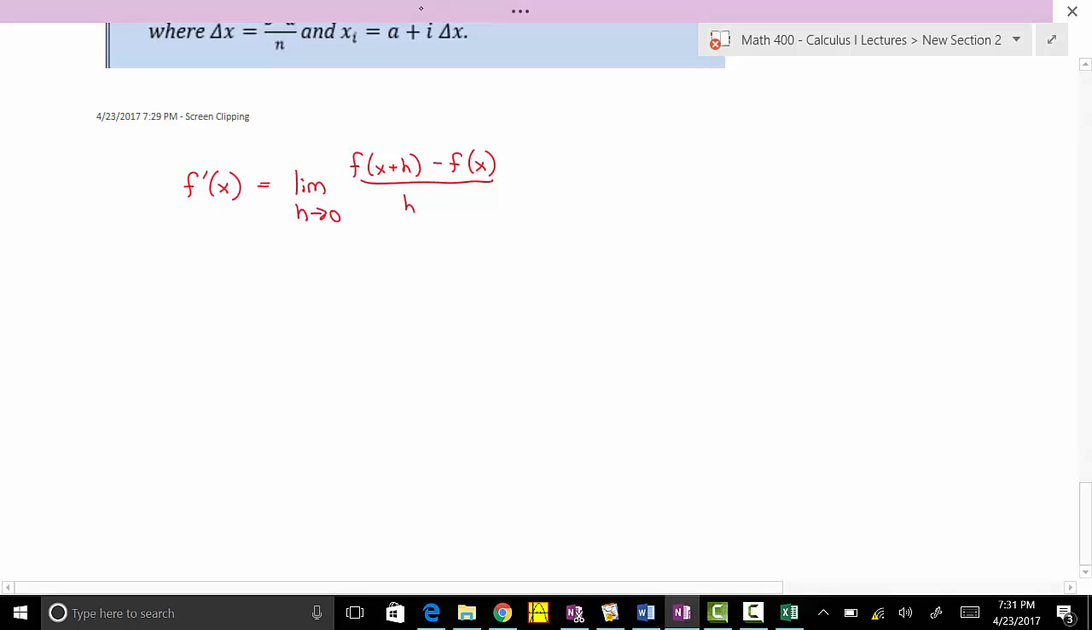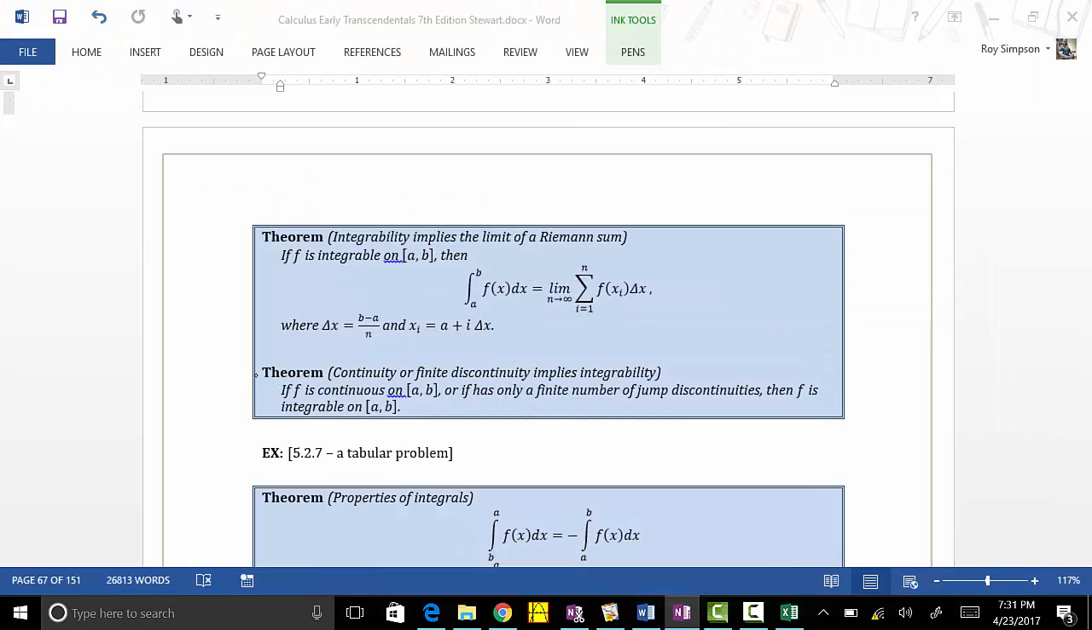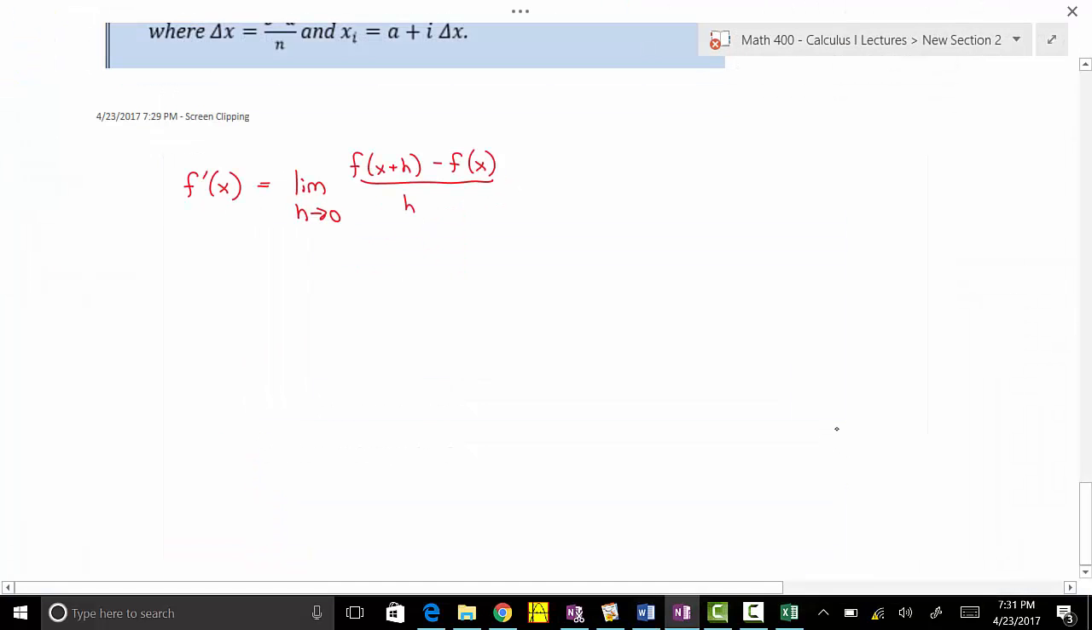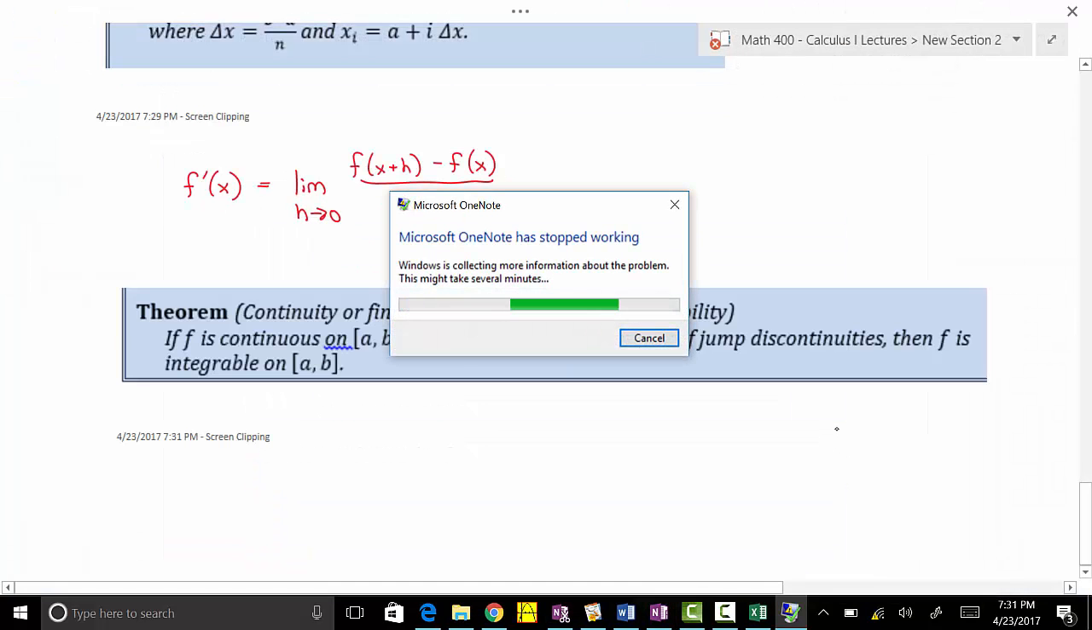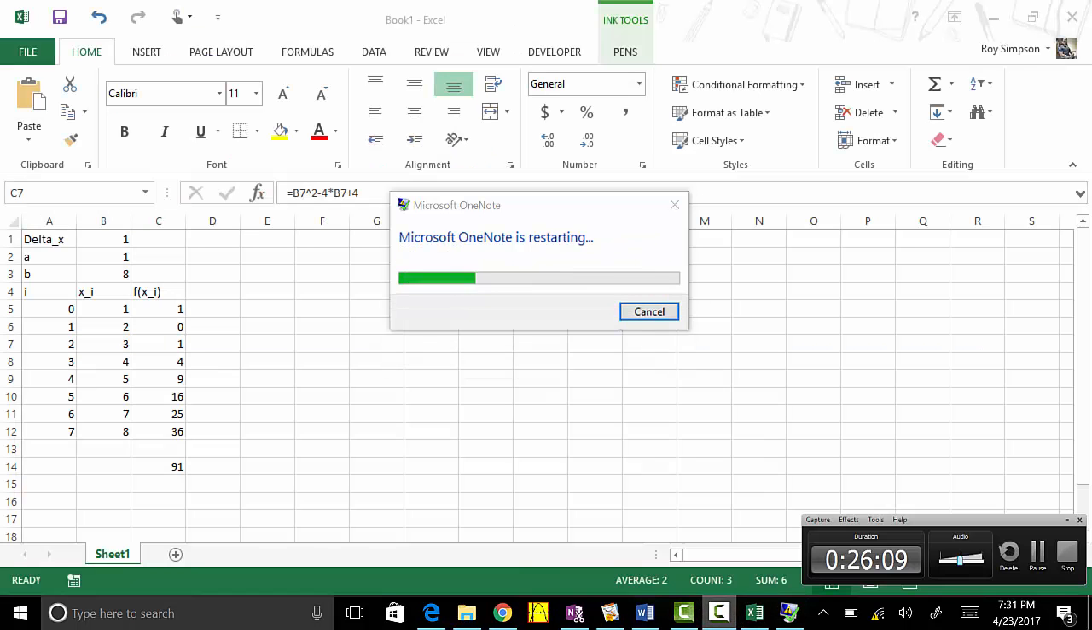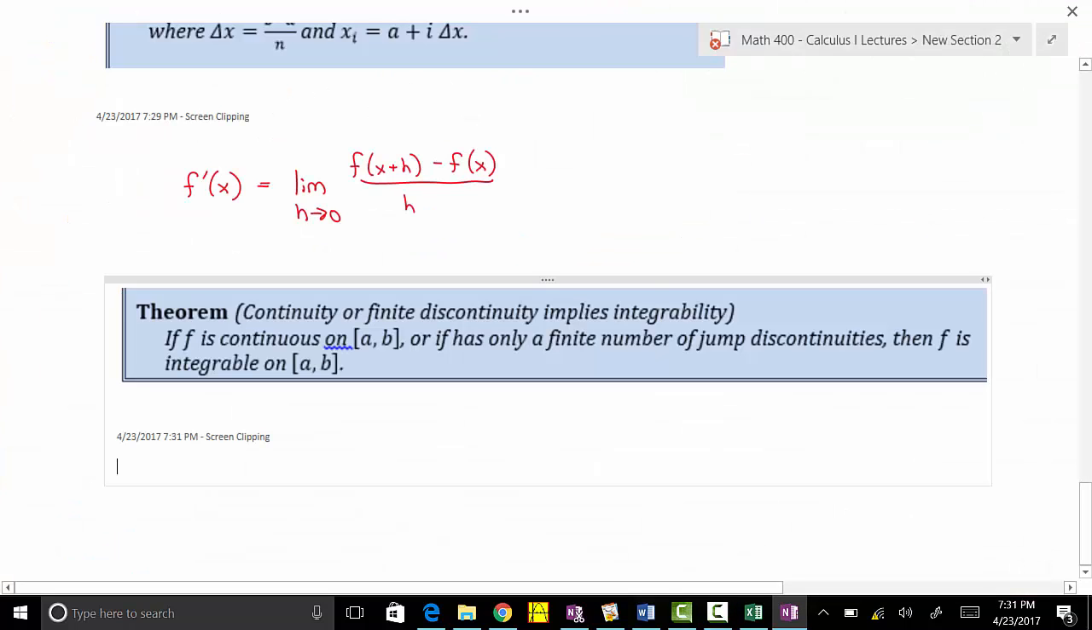And let me go ahead and do a screenshot again for the next theorem. Continuity or, let me pause this while this fixes itself. I'm not sure what happened. But anyway,